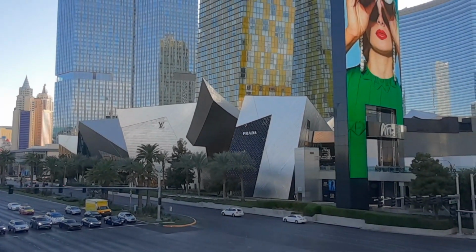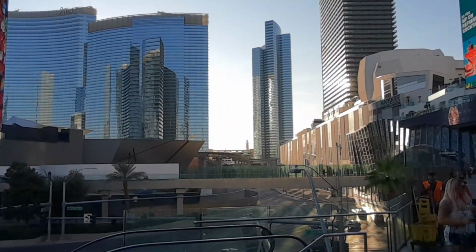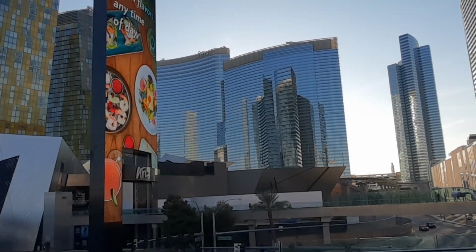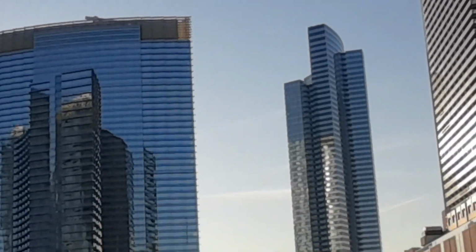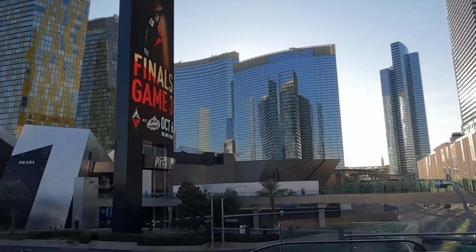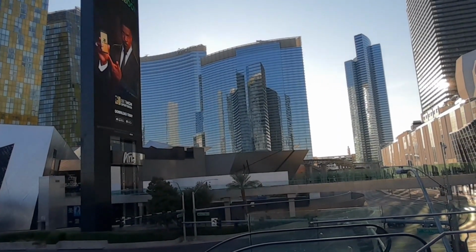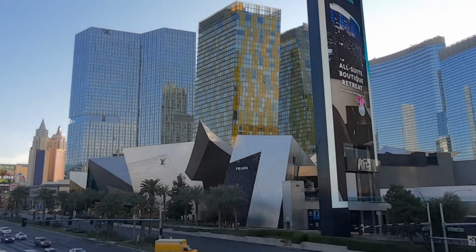Then there's the Vidara Hotel, which is 57 stories tall, and that would be the tower at the far right. It would be the one right next to the Aria Hotel. And the Vidara has 1,495 hotel rooms. And finally, the last structure built at the City Center site is this one right in the